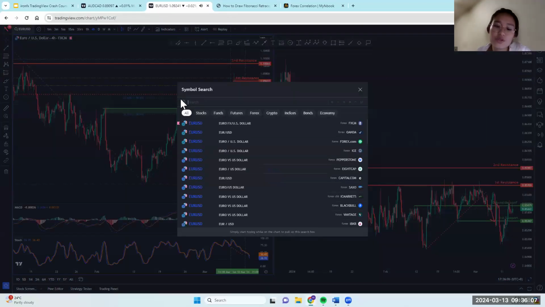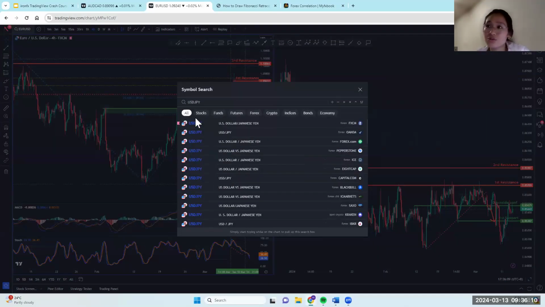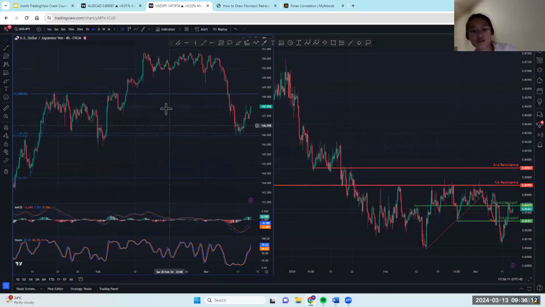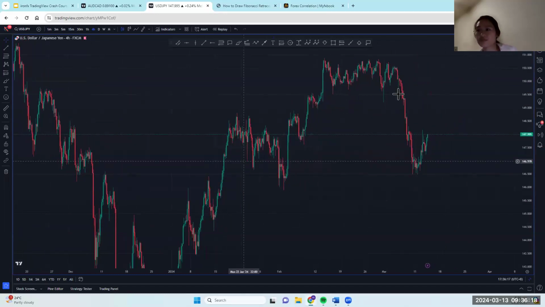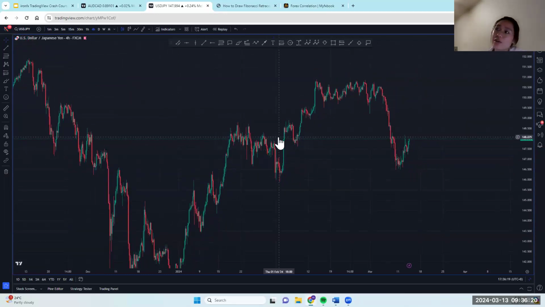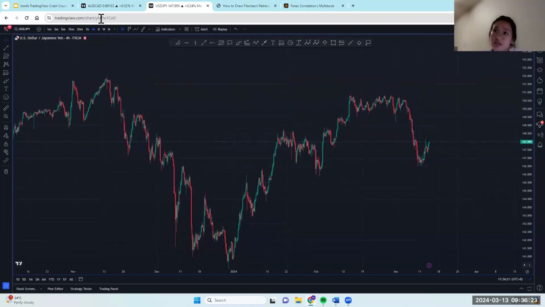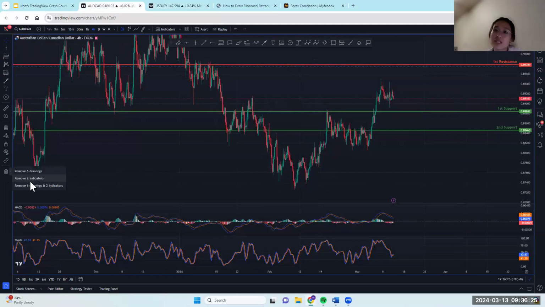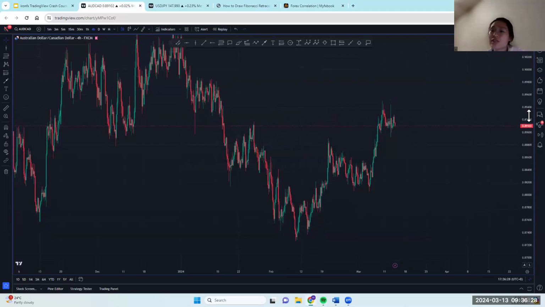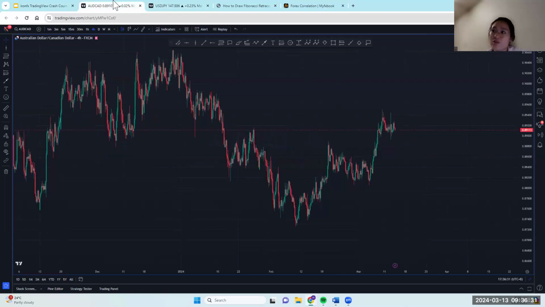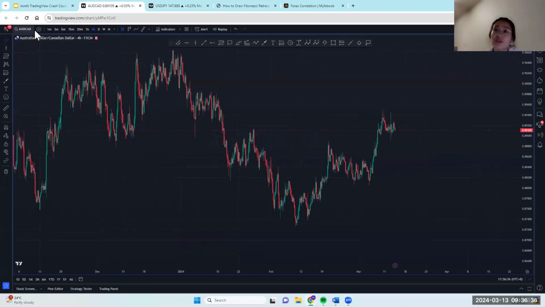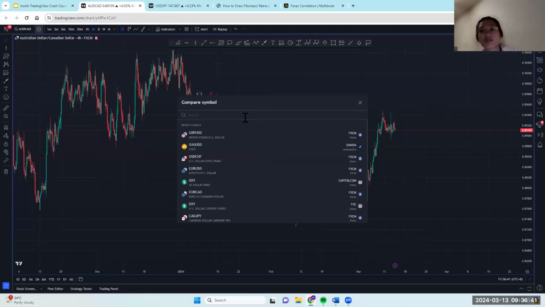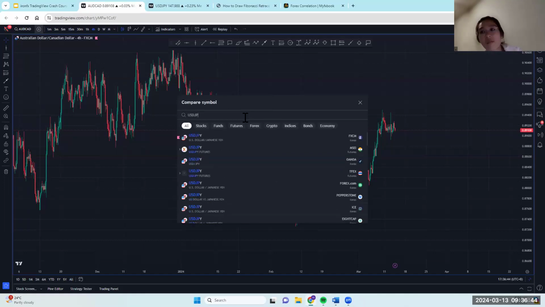To start off, I'm just going to use two different charts to show you. So this is what our USD JPY chart looks like, and this is what our AUD CAD chart looks like. If you're looking at them from two separate tabs, you can't really see any correlation between the two, negative or positive. So when you click on this compass or add symbol and search for USD JPY,